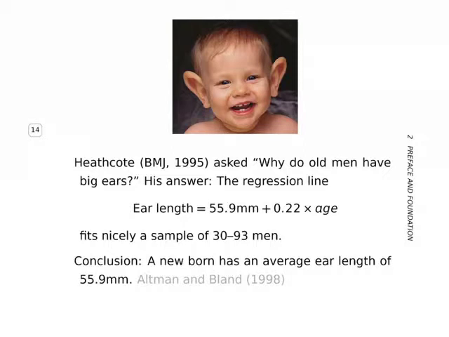And what they found is that if you measure the ear length, then you can fit very nicely the regression model that says that the length is 56 millimeters plus 0.2 multiplied by age, from which, with this very precise regression line, we can infer that a newborn has an average ear length of 55.9 millimeters,